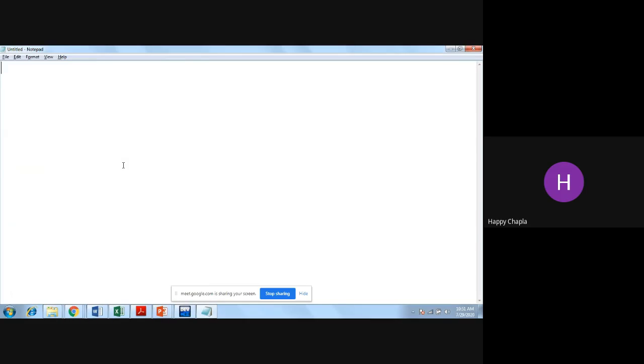Yes, before we move further, your inline function also depends on your compiler. Why? Because I am not giving a command to my compiler to make this function inline. I am requesting, right? I am requesting my compiler, telling it that my function will contain one to two lines.